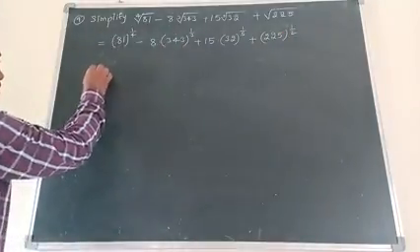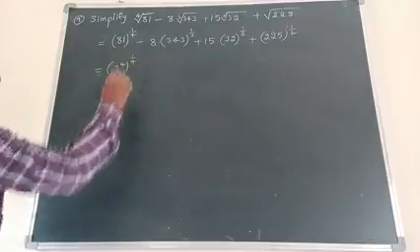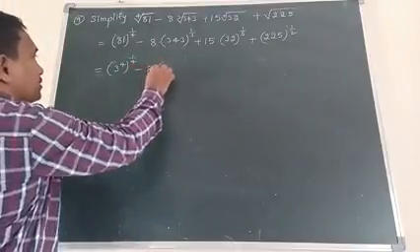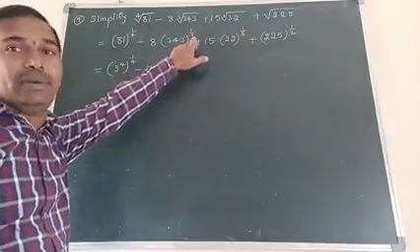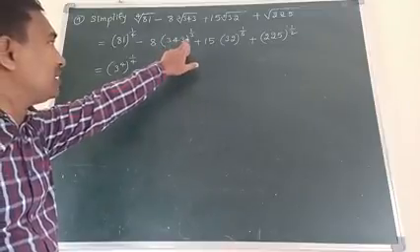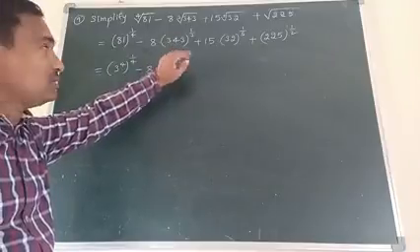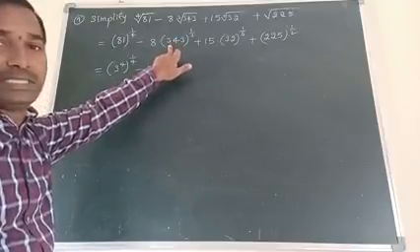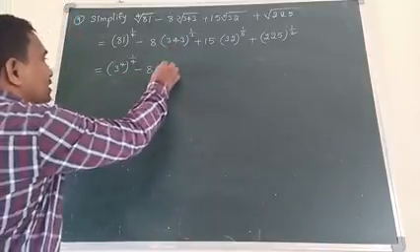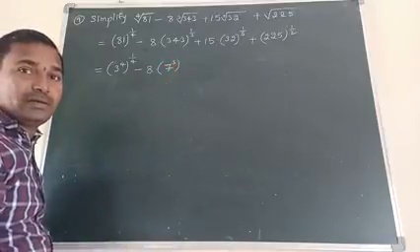Now let us write 81 as 3 power 4 whole to the power 1 by 4. Now minus 8 into 343 whole to the power 1 by 3. So this is cube root. Cube root means check which number, if you multiply 3 times, are you getting 343. You can check, you will get 7. 7 sevens are 49, 49 sevens are 343. So this we can write as 7 cube.